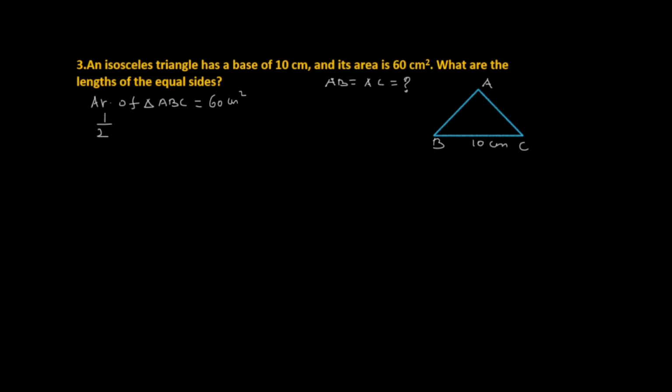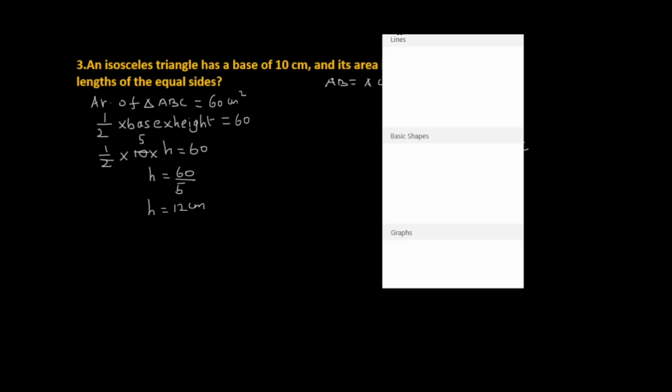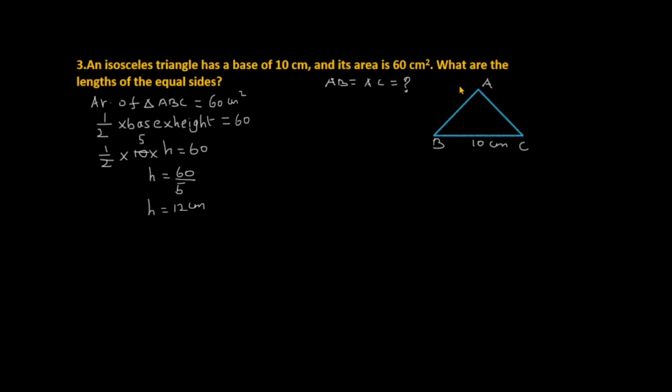If we are using the formula half into base into height is equal to 60, half into base, here given is 10 centimeter. So height we don't know. Using this we can find the height. 5h is equal to 60. So 60 by 5, height of the triangle is 12 centimeter. So which is the height? If we are dropping a perpendicular from one vertex to the opposite side, that is the height of the triangle. So if we are dropping here to here,